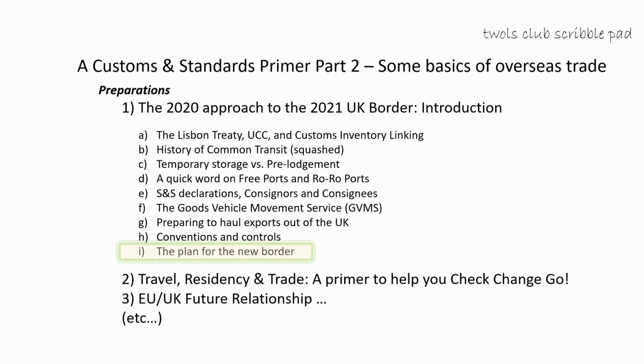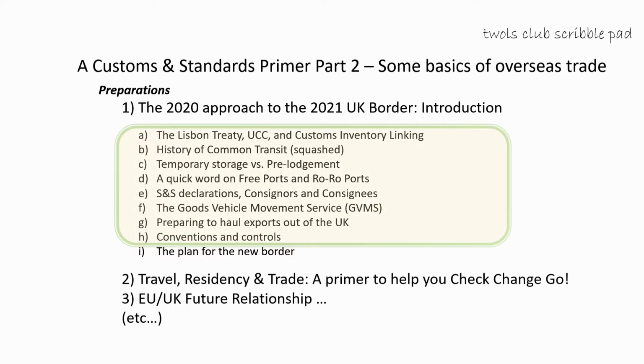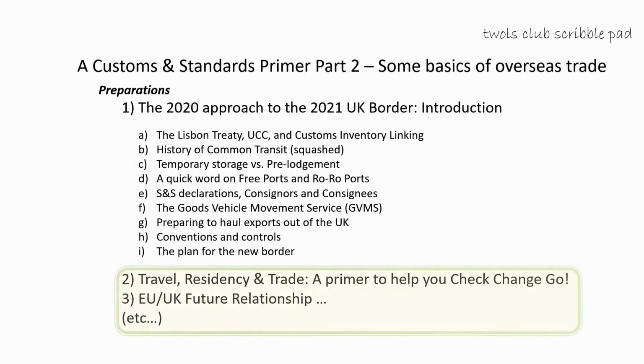This video discusses customs controls to be released in 2021 at the UK border. If you don't know what any of these items are, then you should watch this particular video down here. After all these other ones, they're not perfect, but you might understand the UK approach to the border a bit better that way. Other videos follow as well, under the umbrella of preparations, in subsequent videos after this one. Still on the subject of UK preparations, I also look at other actions taken by the UK government to help traders prepare for the end of transition.